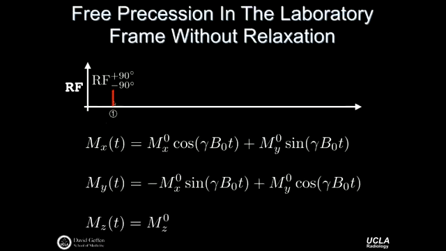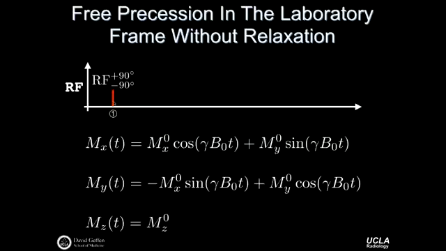But right now what I want you to picture is the bulk magnetization points along the z-axis. And now I'm going to use some radio frequency energy that's on resonance. It's matched to the Larmor frequency of the spin system. And if I use the right amount of energy, I can tip the system over into the